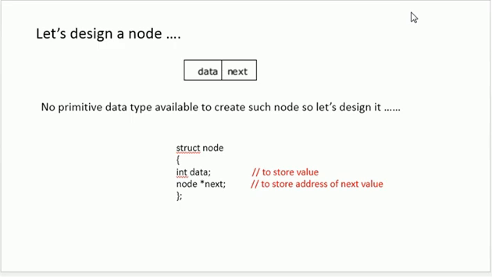If I'm making use of the C programming language, I'll have to design the entire structure of the node myself. So this is the structure which I want to design. I'm designing a structure node which consists of two parts. One is the data part, which is the integer value, and another is a pointer, which is simply saving the address of the next value. Now what kind of address is it? It is pointing to another node, and this is what a linked list is. A linked list is a collection of nodes.